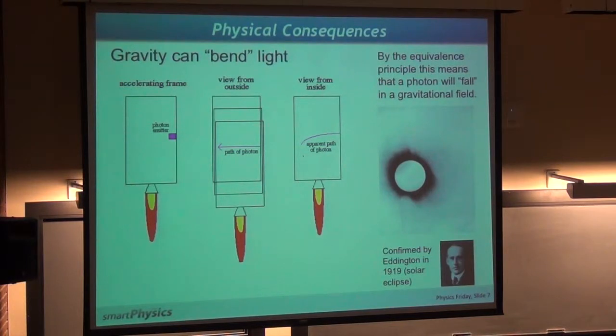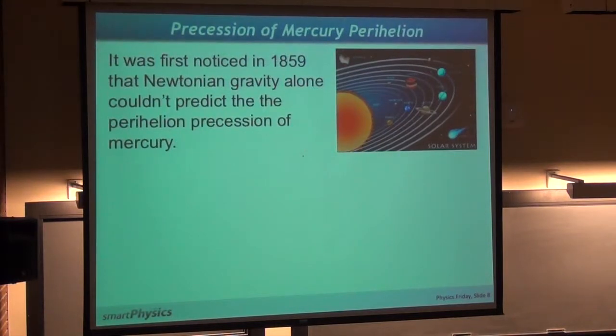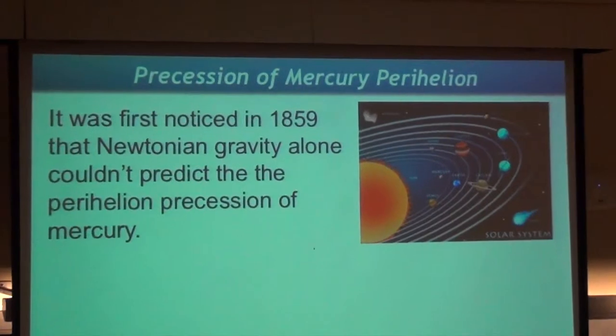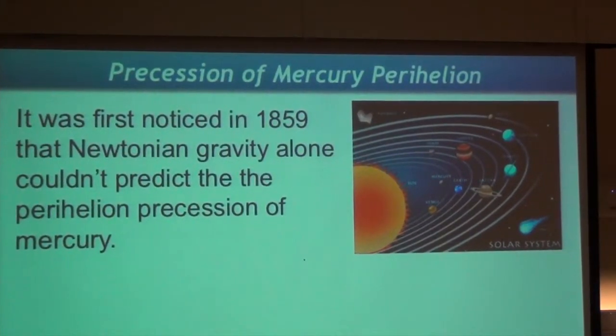Okay, so this is one of these physical consequences. Gravity can bend light, and prediction confirmed. The next one is really a long-standing problem, and this is consistent with the idea that we have a theory and we think it's the theory of everything or the best theory, but then there start to be some cracks in it, and that means that maybe we don't understand it as well as we think. And so basically it was first noticed in 1859 that, so we had a very good theory of Keplerian orbits of the planets,